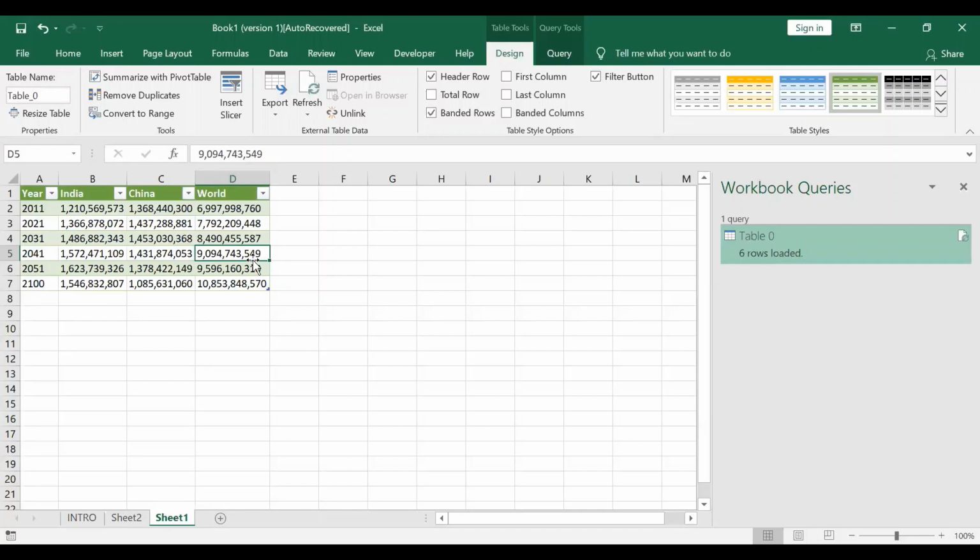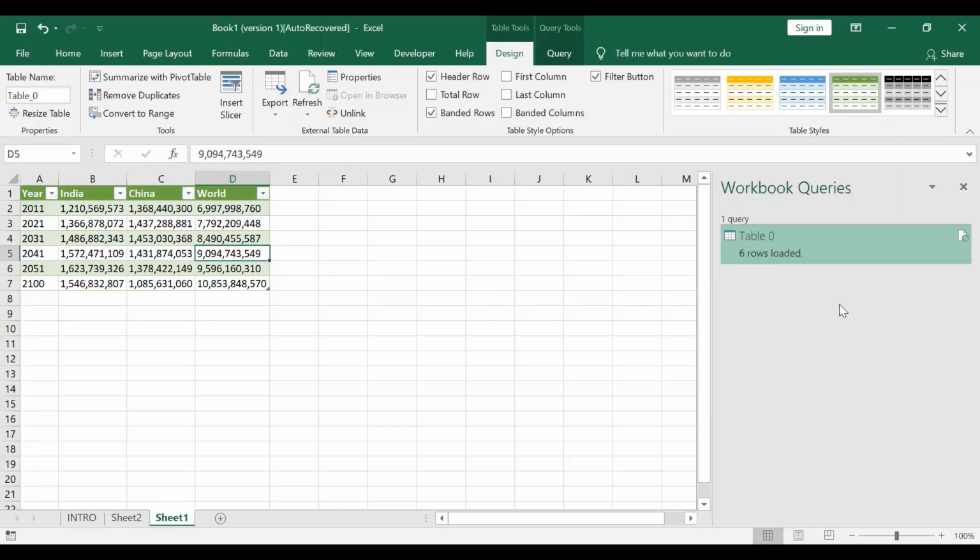As you can see, there is a side area which has popped up, which contains nothing but the workbook queries, which is like a table of contents, and it contains all the tables which are running at the moment on this workbook.